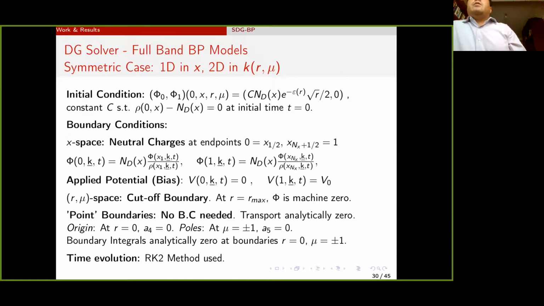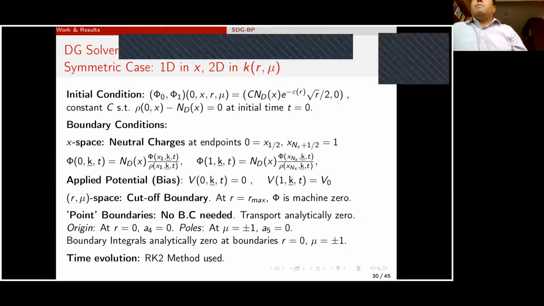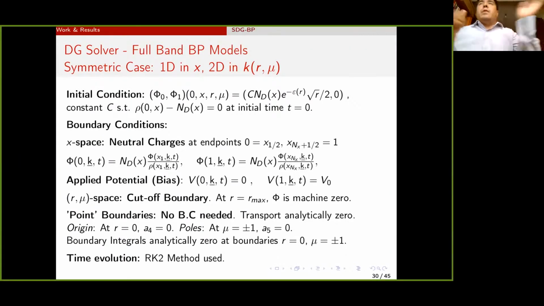Regarding the boundary conditions at the extremes of the 1D device in position, we're going to use something called charge neutrality. And for the Poisson part, what we have is an applied potential bias. So we have Dirichlet boundary conditions with a difference of potential, to make the electrons move. Then we're going to have cutoff boundaries at the maximum norm of the momentum, so you make it machine zero. And it turns out that that's the only boundary condition that you need in the momentum space,